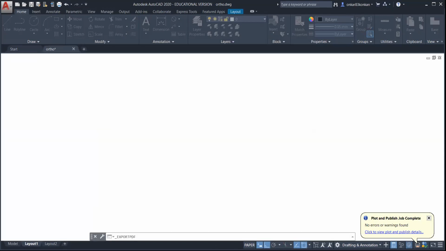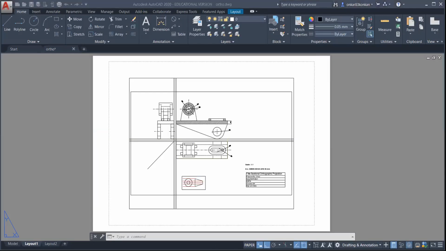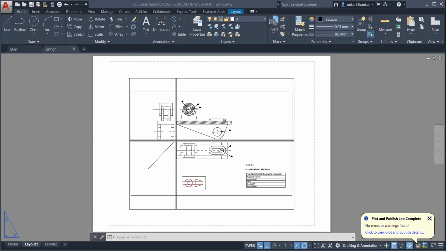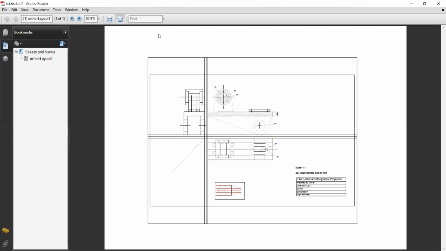Then save it. Okay, now you can see the difference. Is it visible to you?